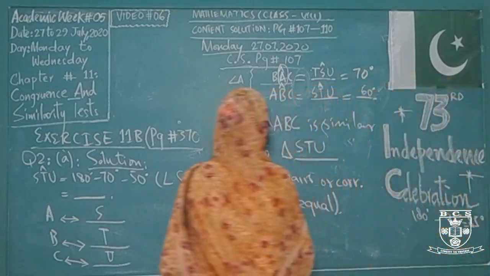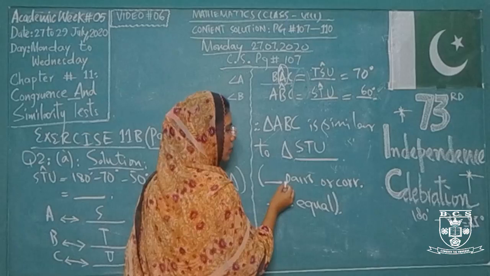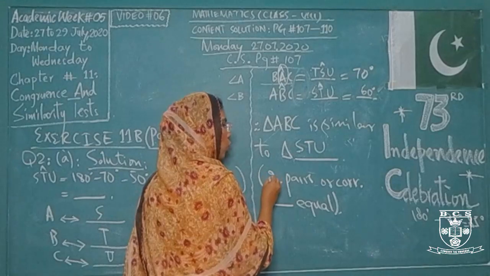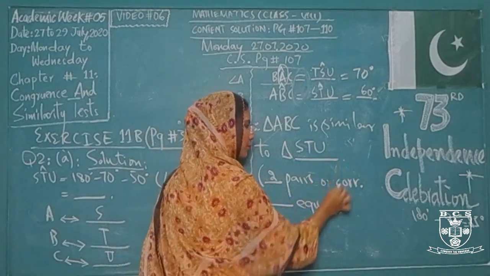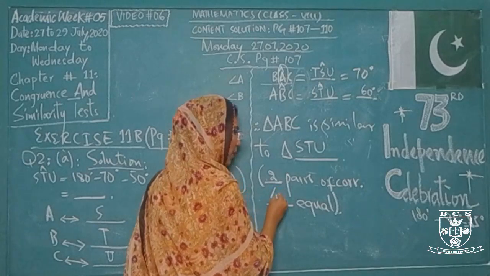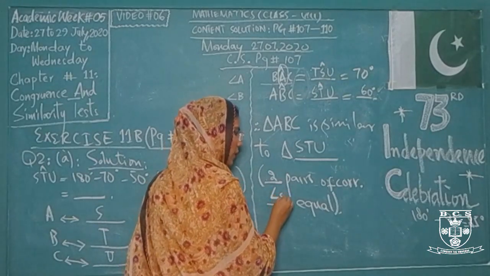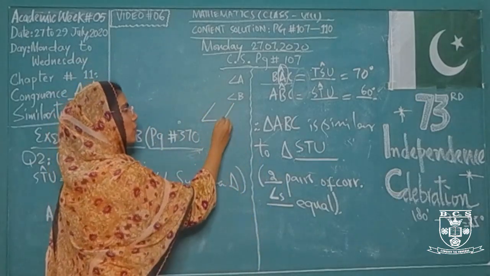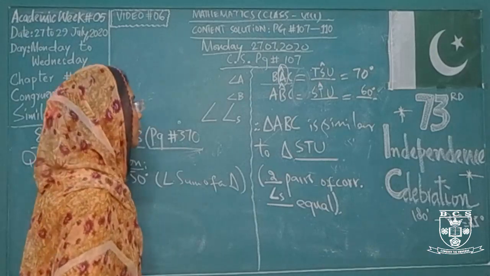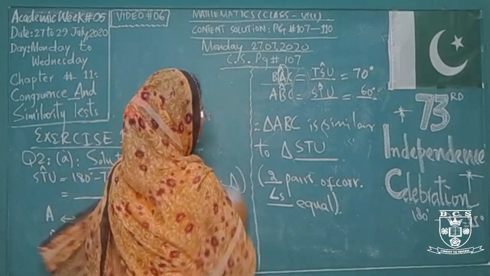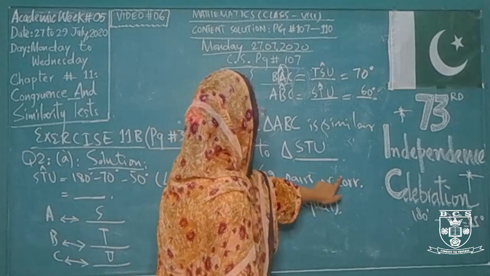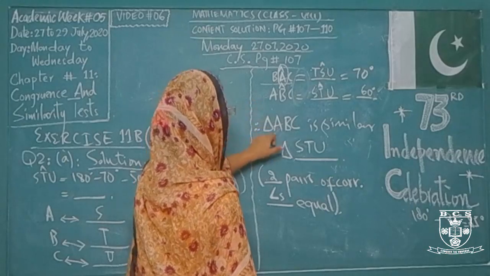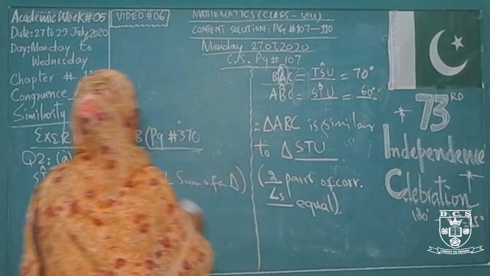And now here we are mentioning the reason for their similarity, and the reason is dash. How many pairs of corresponding angles are equal? There are two pairs of corresponding angles. You will mention the angle symbol first, then a small s. If the symbol is blank, it is angle, and if the symbol is with a small s, it represents the plural, that is angles. So the reason is: two pairs of corresponding angles equal. We have made two pairs of angles equal here, that is why these two different triangles are now similar.